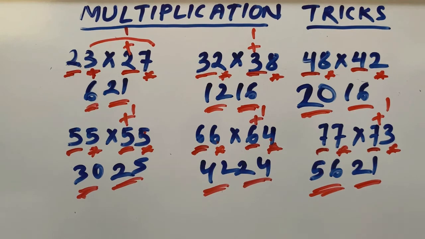So this is how we can calculate. If you know any other tricks, let me know in the comment section. I hope you will be able to do all the multiplications like this, but conditions apply. If the condition is matching, then you apply this multiplication trick and you will be able to do it in a very short time. I hope this will help you in your aptitude exams.